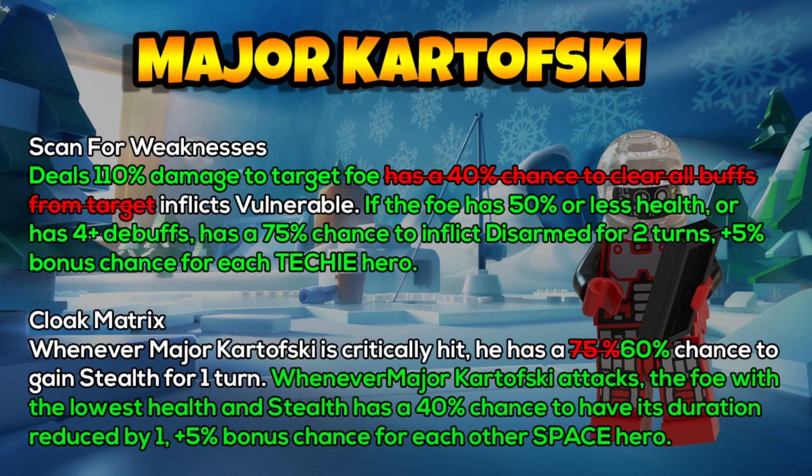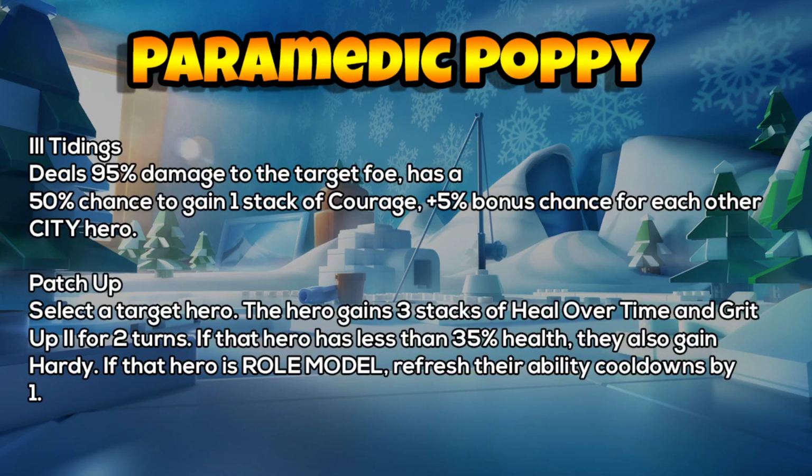So that could be up to 60% chance every time he attacks. So that's a nice anti-stealth little passive there. And then finally on to Poppy. Sorry, I didn't go back and compare the old to the new. Poppy's going to get a